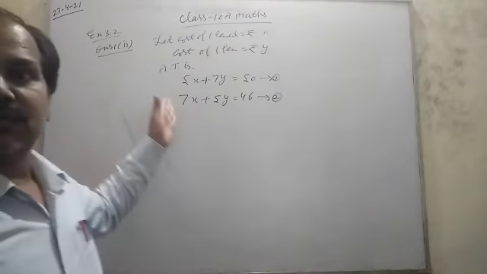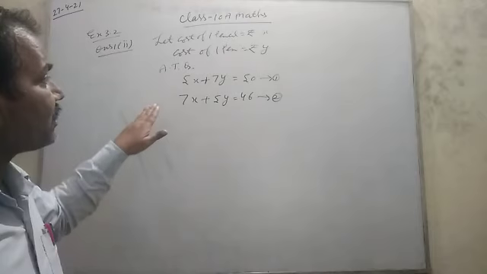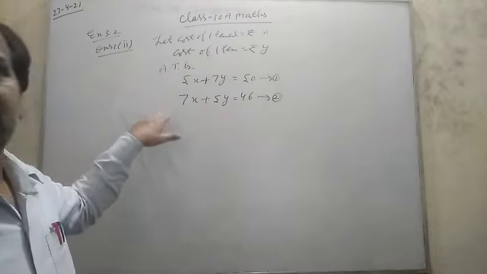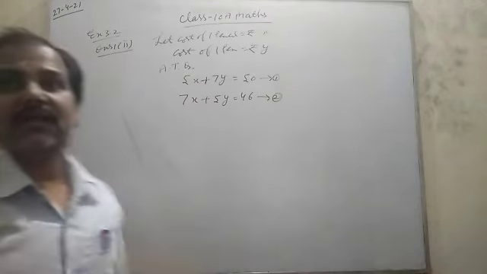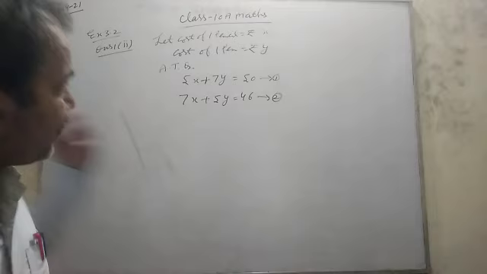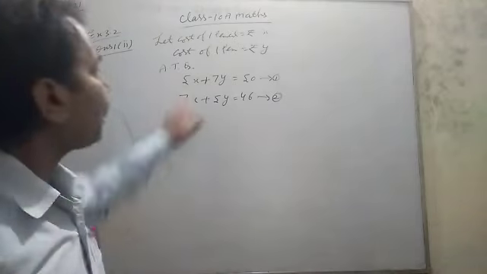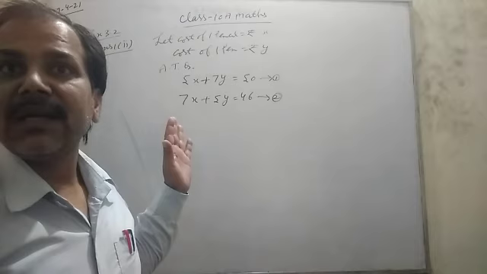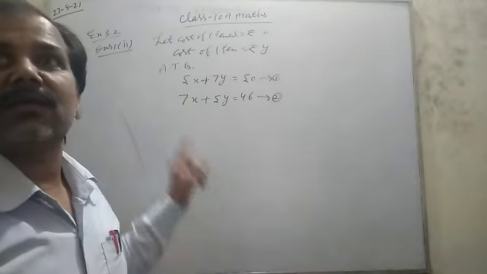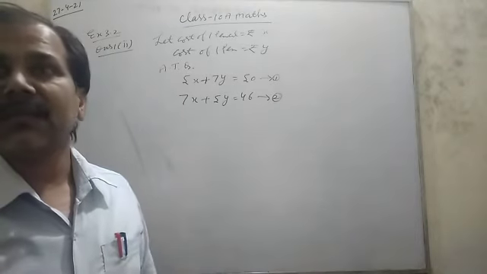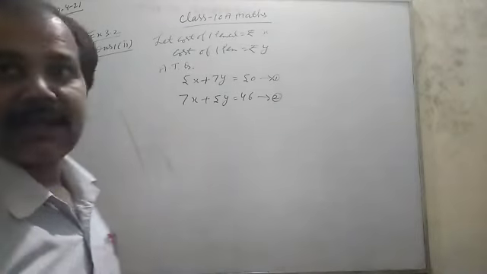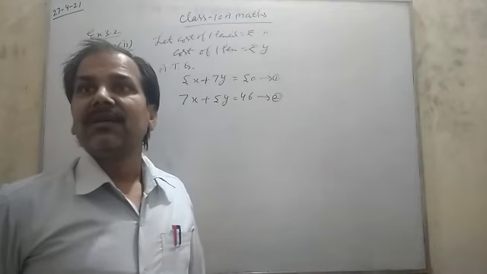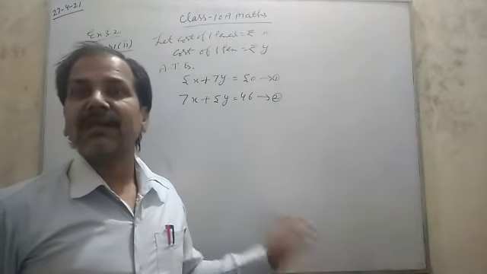Also make a table, and one thing, listen carefully: x and y values will be integers or decimals, but decimals should be terminating and have only one digit after the decimal point. Then you can represent them on the number line.